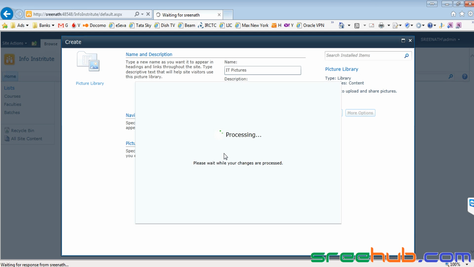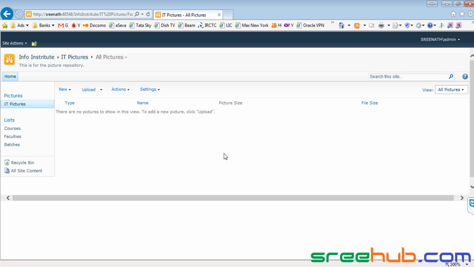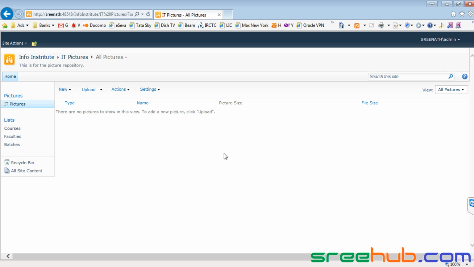So it is processing. If your PC is not fast enough, we should have more patience to bear. Yeah, right? Here you can see we got something called a separate entity, which is nothing but